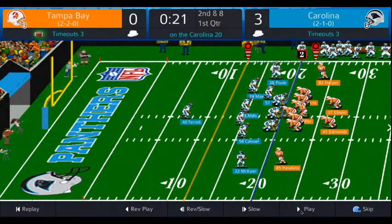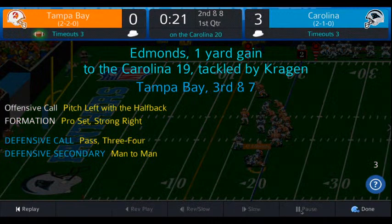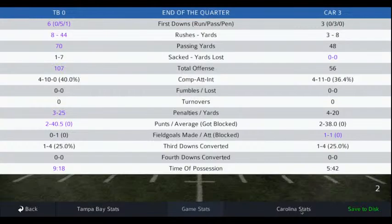as we see Dilfer again under center with Ellison and Edmonds in the backfield. Here's the snap. Sweep to Edmonds, but he's tackled after only a 1-yard gain. Tackled again by Cragen, who seems to be having a good game today on the defensive side of the ball. Rhett, your lone back in the backfield. Copeland, you're in the slot to the left. Harper and Hawkins, your wideouts. Here's the snap. And that'll end our first quarter with Carolina up 3-0